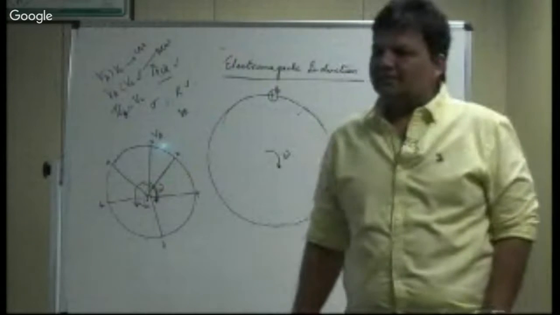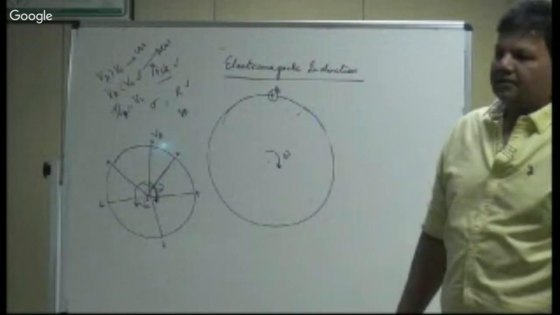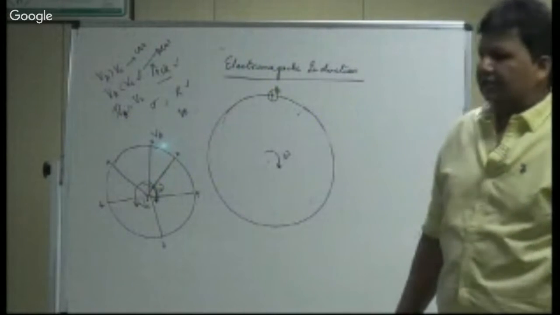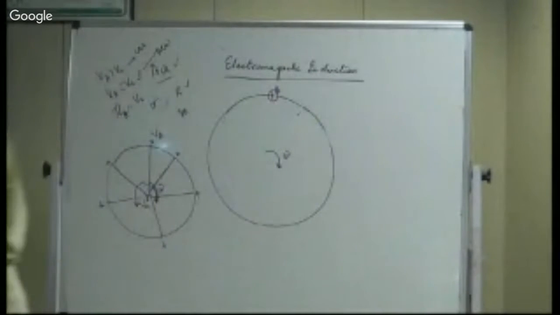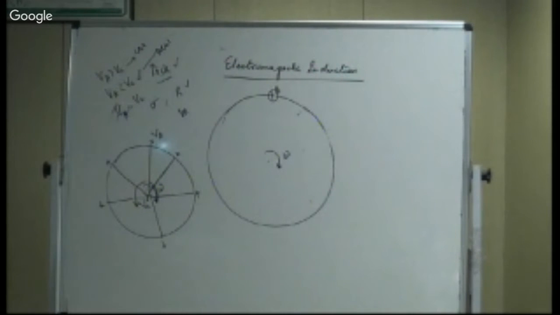In this case, there is no magnetic field. So there is no electromagnetic induction. So if there is an EMF, that EMF will not be because of electromagnetic induction. Will be because of something else. Now, what is that something else? And what will be the answer? सोच के बताओ